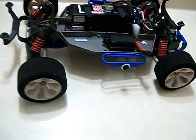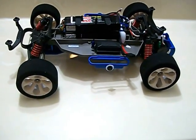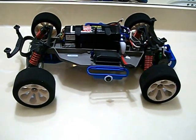And I have to apologize that when I did the 100 mile an hour with my Rustler, I said I'm going to be doing an XO1 to 120. I kind of debated